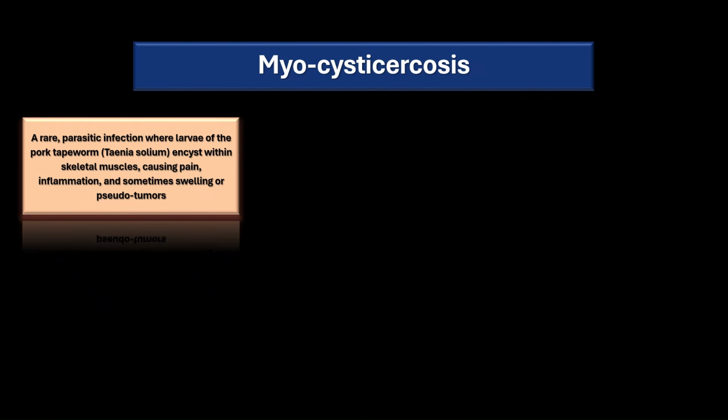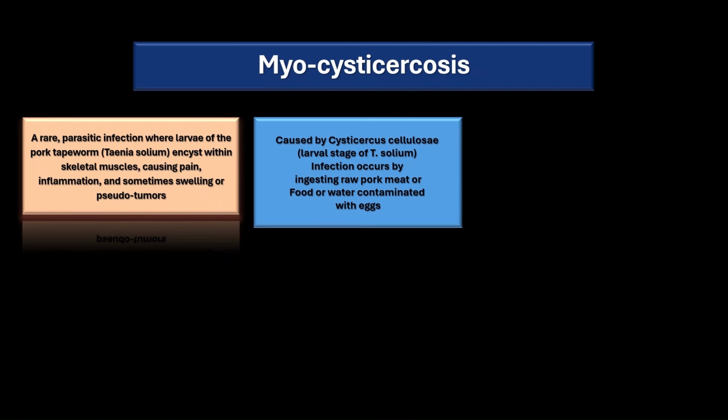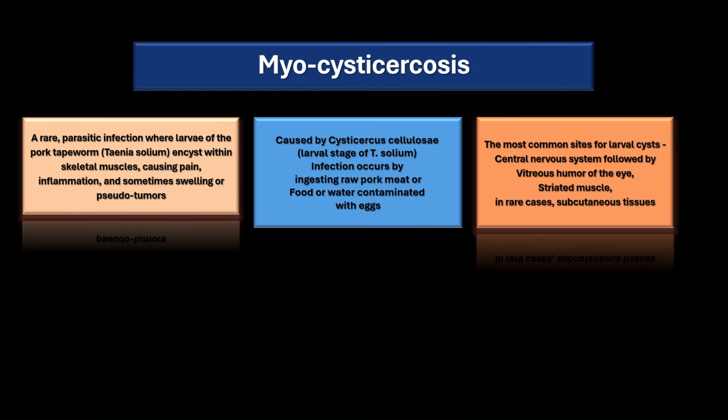Myocysticercosis is a parasitic infection where larvae of the pork tapeworm, Taenia solium, encyst within skeletal muscles, resulting in pain, inflammation, and sometimes swelling and pseudo-tumor formation. It is caused by Cysticercus cellulosae, the larval stage of Taenia solium. Infection occurs typically by ingesting raw pork meat, but it can even occur in vegetarians by ingesting food or water contaminated with eggs. Most common sites are the central nervous system, followed by the vitreous humor of the eye, striated muscle, and in